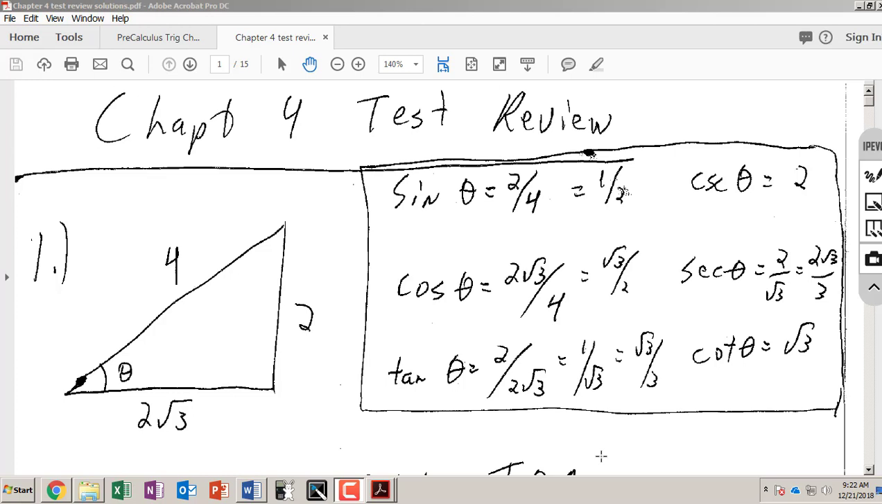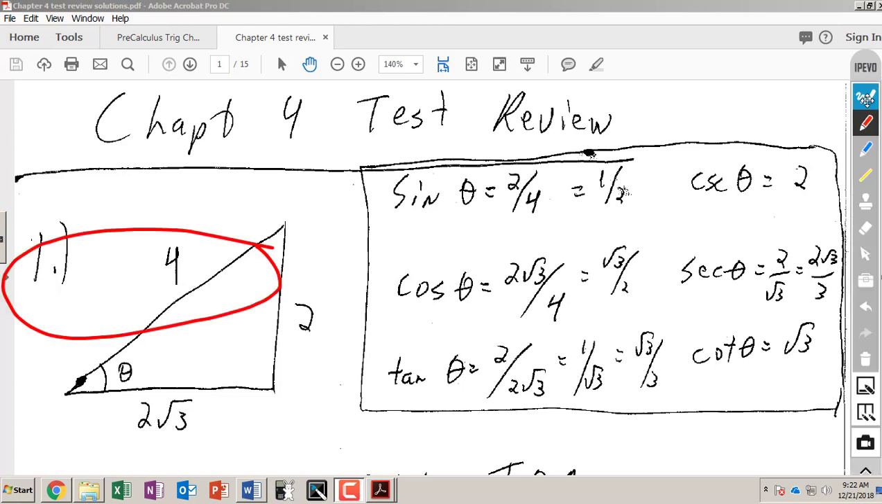Okay, looking at problem number 1, it says find the exact value of the 6 trigonometric functions of the angle theta given in the figure. Use the Pythagorean theorem to find the third side of the angle. So as you look at your original problem, you're going to notice that there is only 2